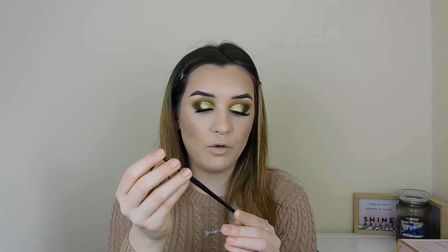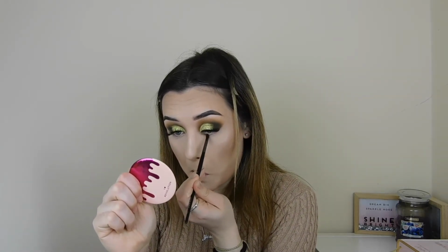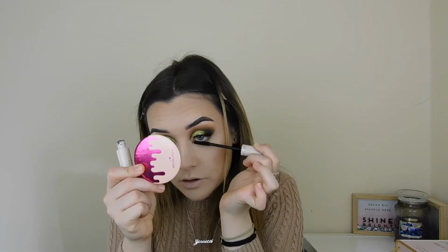So I'm just going to jump in to my, I'm trying to grab brushes all the time, it's annoying, my Morphe E36 brush, and I'm going to take that shade Jade, which was that deep green shade, and I'm just going to bring this underneath my eye. And I'm going to take my Revolution 5D mascara and coat underneath my lashes. And I'm going to take this Revolution Satin Kiss lip liner in the shade Chauffeur, and I'm just going to line my lips to sharpen some of my lip liners. And then I'm going to take this NYX Lingerie,